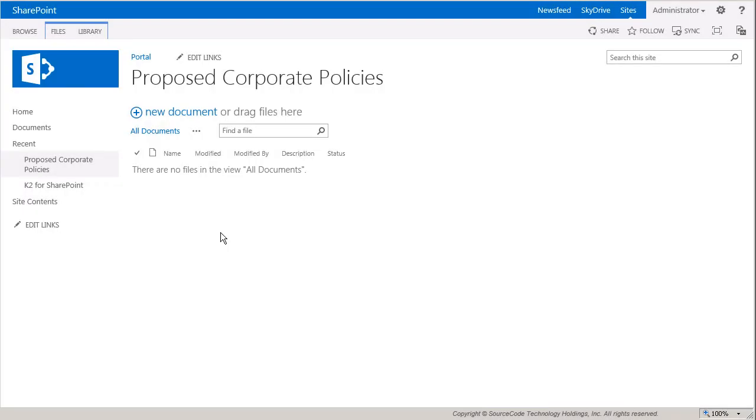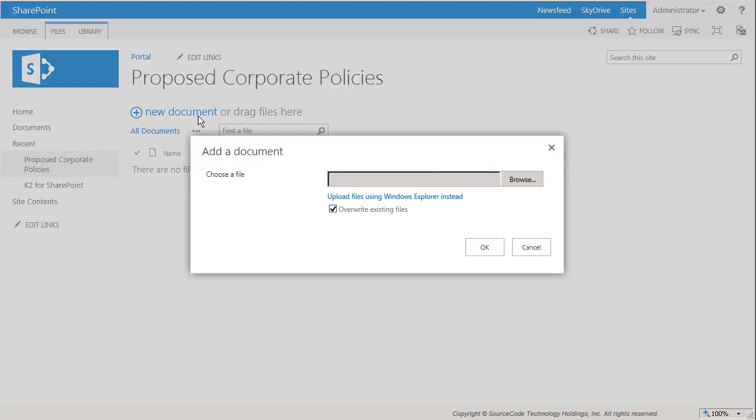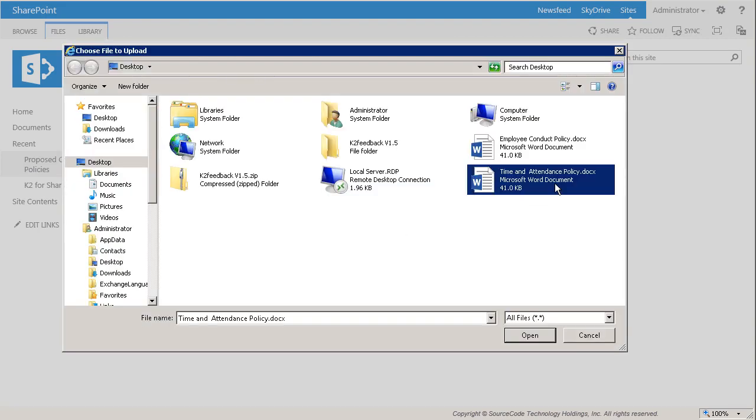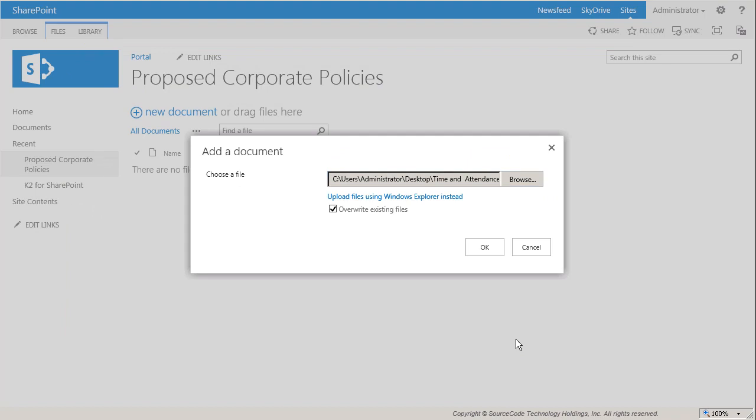Okay, so I flipped back over to the Proposed Corporate Policies library. I'll just go ahead and add an updated time and attendance policy document for my organization. I have it on my desktop here, so I'll select it,